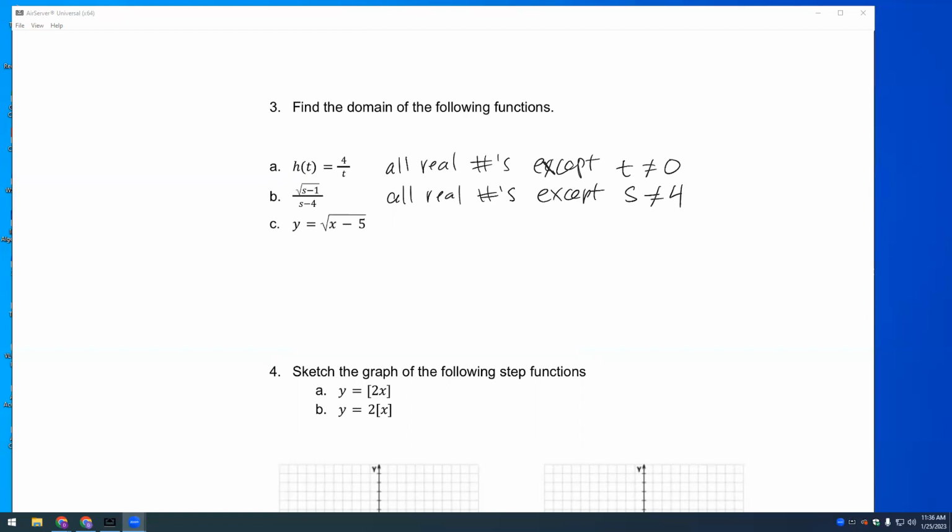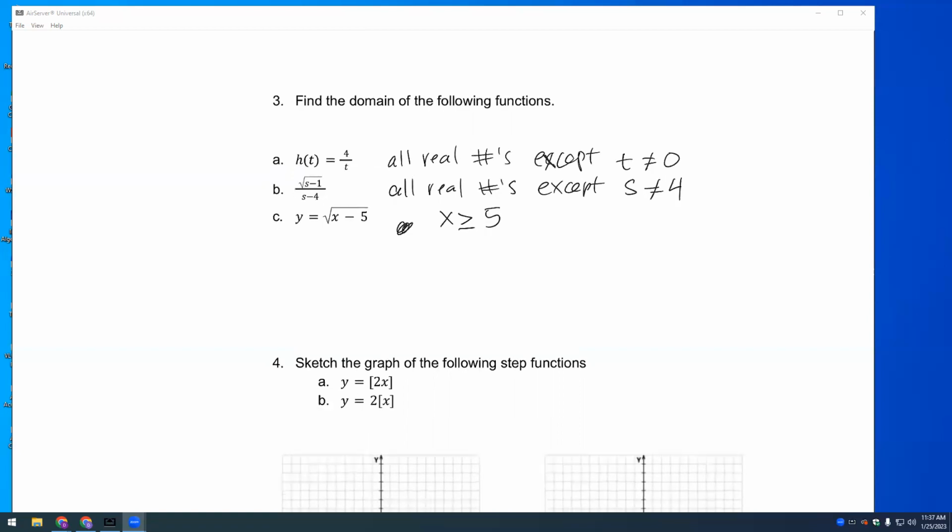All right? Letter C, all real. Actually, you have to do what? This is X is greater than or equal to 5, right? Because any number less than 5, if you plug in 4, 3, 2, 1, 0, this is going to result in a negative inside the radical, and you don't want that. Okay, so X has to be greater than or equal to 5. Cool. All right. Okay, so number 4,